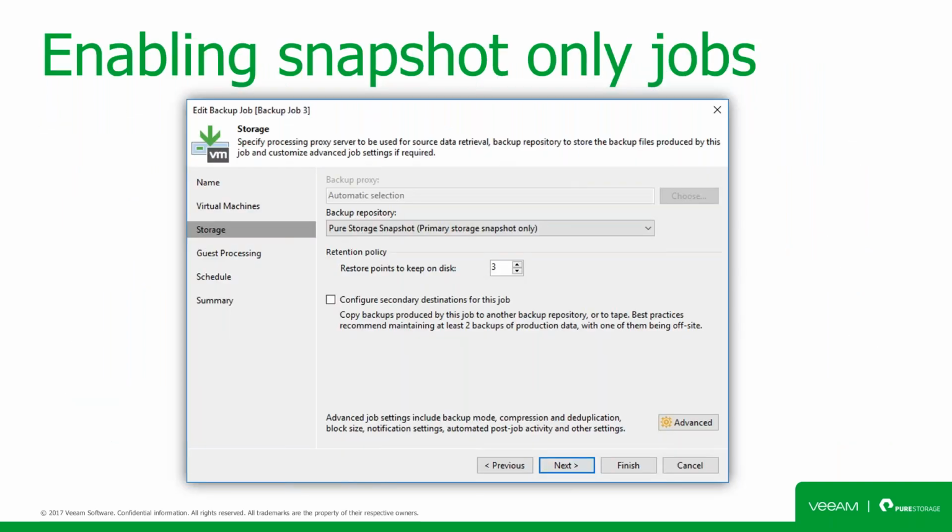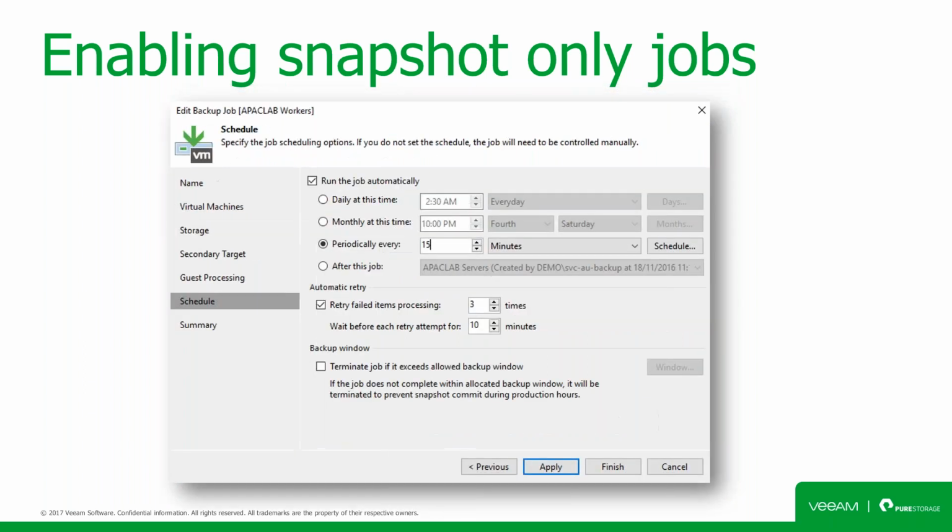How do I enable these snapshot only backups? Again, very similar to how you configure a normal backup job, but when you go to the storage section and once you integrate with your Pure Flash array through the API, you should see a new repository start appearing under your backup repository section. So choose the Pure Storage snapshot repository. You don't need to configure anything. Once you integrate with the Pure Flash array, you should be able to see this repository listed under your backup repository section,